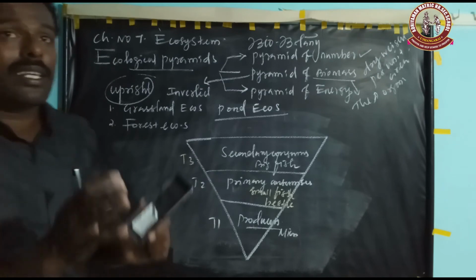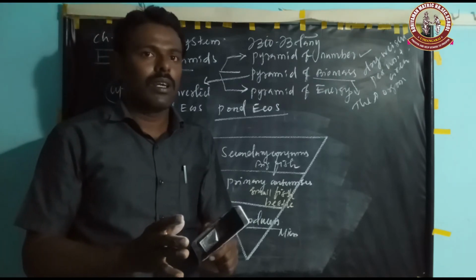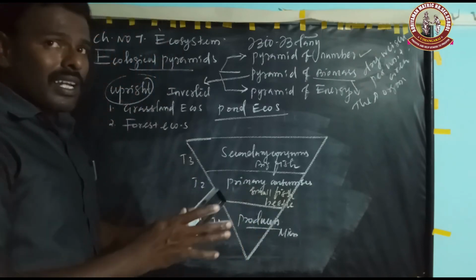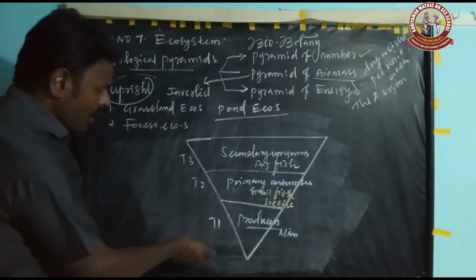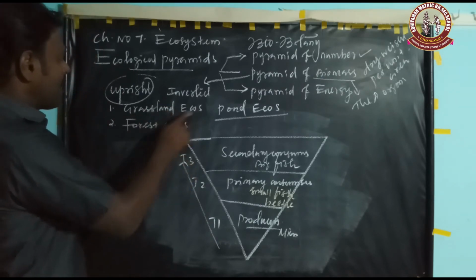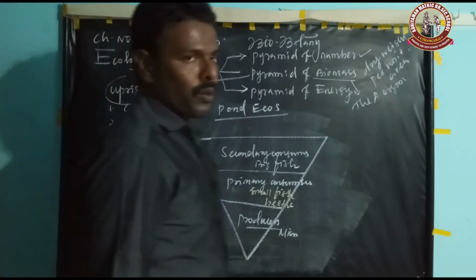You understand? Not numbers here. So the volume, dry weight, increases based on the effects, but in other ecosystems, grassland ecosystem, forest ecosystem,